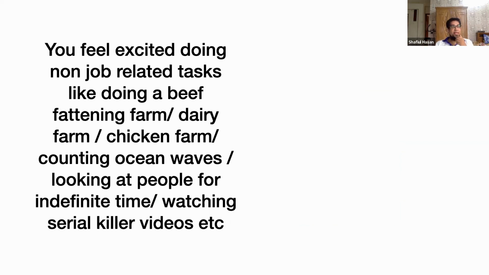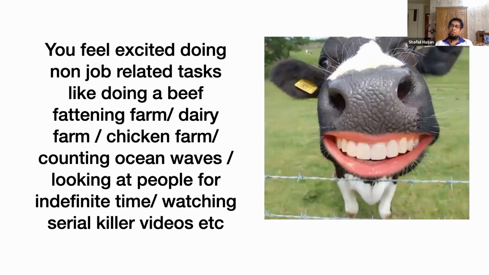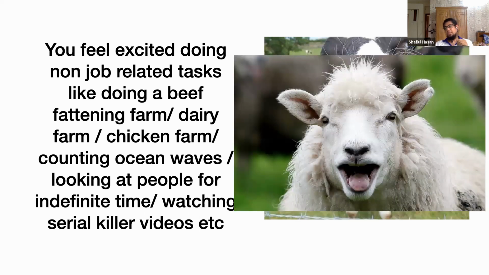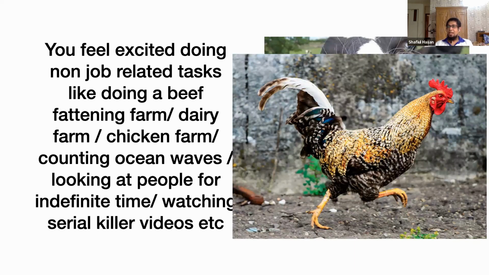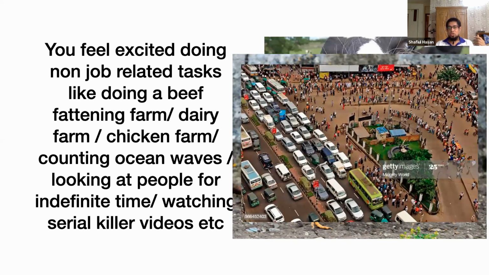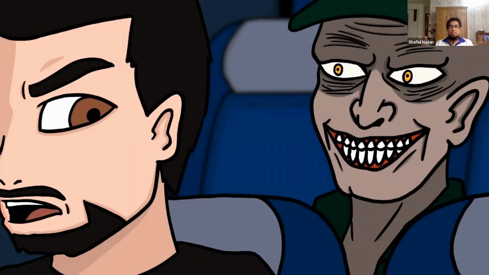সবকিছুতেই আপনার ভালো লাগবে। কী ভালো লাগবে দেখবেন, একটু সিনিয়র যারা আছে তারা বসে গরুর ভিডিও দেখছে, কিভাবে বিগ ফার্মিং করবে। তারা বসে ছাগল বা ভেড়ার ভিডিও দেখছে, যে ভেড়া পালনে কী লাভ হয়। তারা এমনকি মুরগির ফার্ম দেখতে পারে। তারা হয়তো বসে বসে কিছুই করছে না, খালি ওশেনের ওয়েভ দেখছে, অথবা ফার্মগেটের ওভারব্রিজ থেকে লোকজন গুনছে যে কতজন ক্রস করে, অথবা এমনকি উইয়ার্ড সব জিনিসপত্র, সিরিয়াল কিলারের ভিডিও দেখতে পারে, আওয়ার্স আফটার আওয়ার্স জাস্ট অ্যাজ এ সাইকোপ্যাথ। ঠিক আছে, সো দিস কাইন্ড অফ বিহেভিয়ার, যে আপনি একটা সাকসেসফুল পারসন, আপনার এইজ গ্রুপ অনুযায়ী যে পজিশন আছে সেই অনুযায়ী আপনি বিহেভ করতে পারছেন না, বরং আপনার কাছে সবকিছু বিরক্ত লাগছে। দিজ আর নট অল দ্য সিমটমস, বাট এগুলো প্রমিনেন্ট সিমটমস, যে আপনি সামহাউ স্টাক অবস্থায় আছেন, আপনার মিড লাইফ